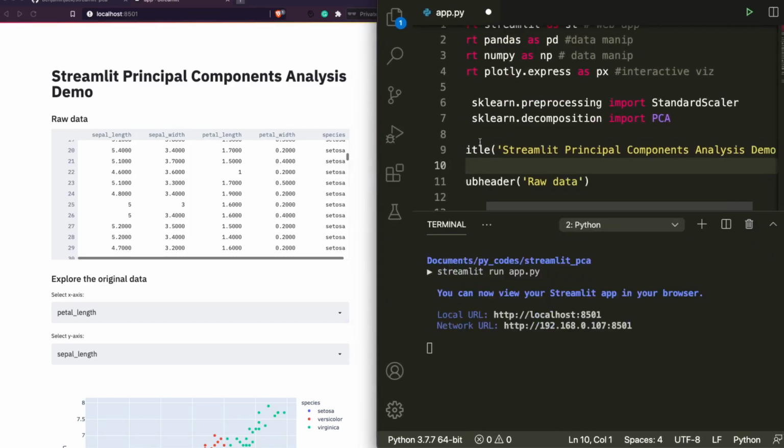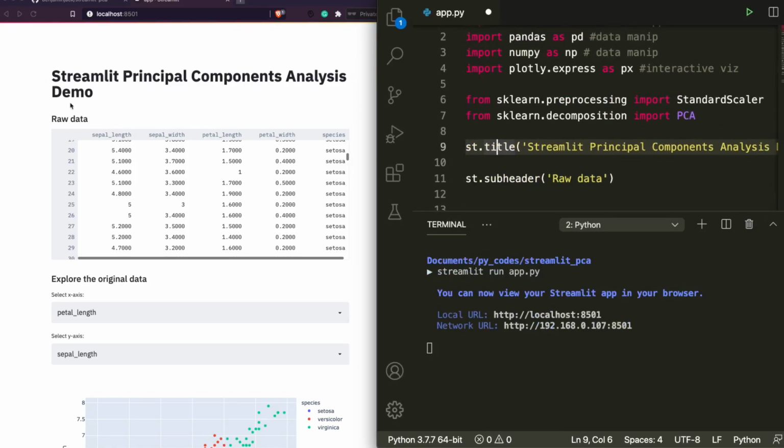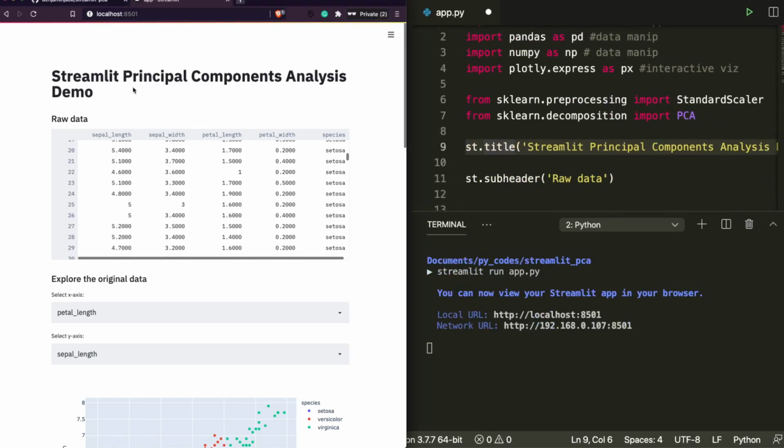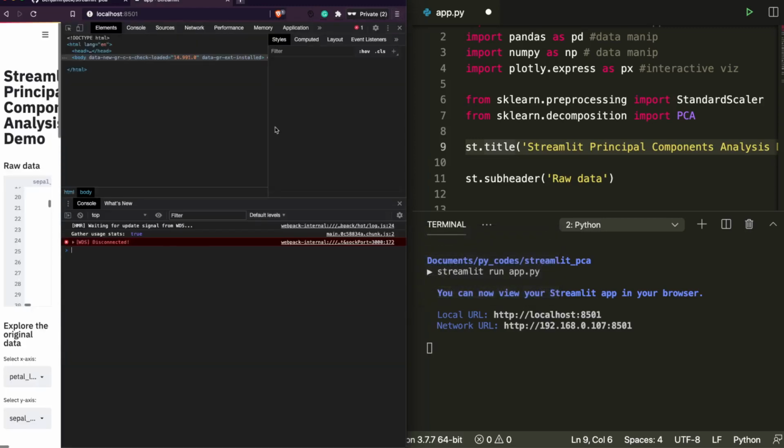So the next thing that we are writing is st.title. So st.title is what you see here, and also let me quickly show you the source of the code. So developer tools.